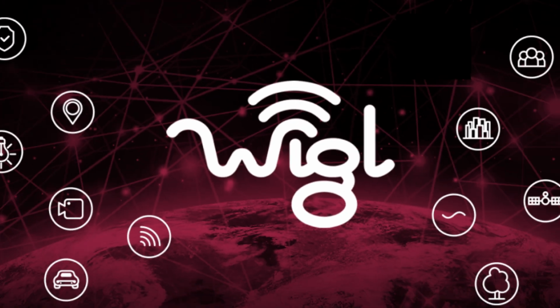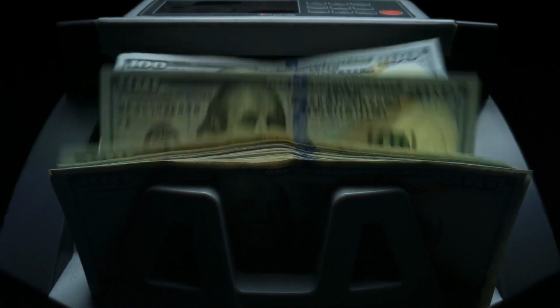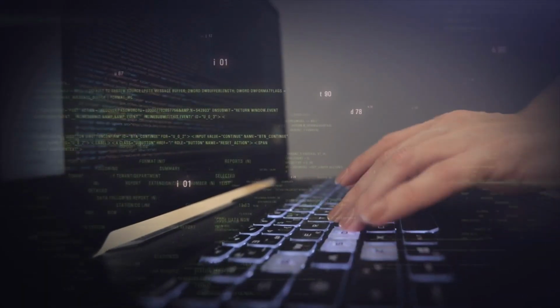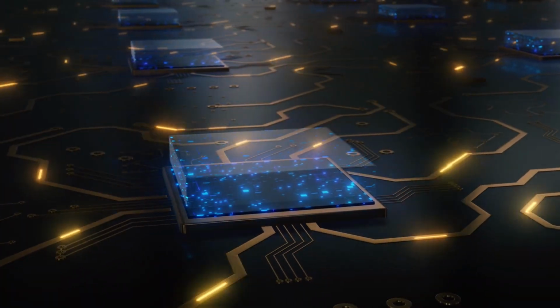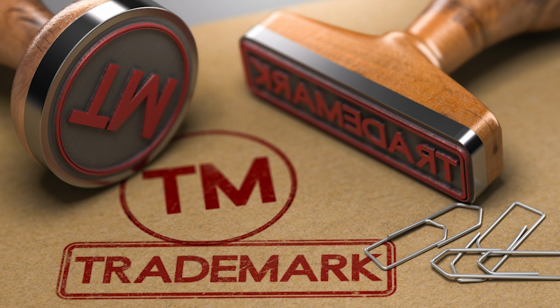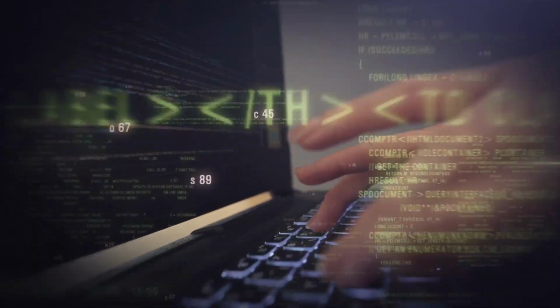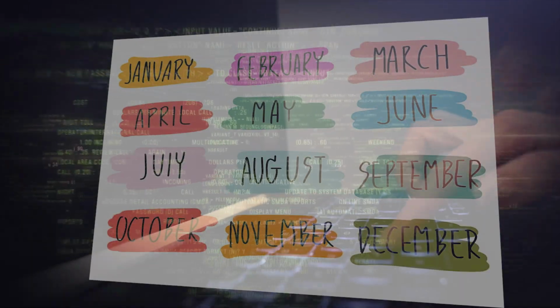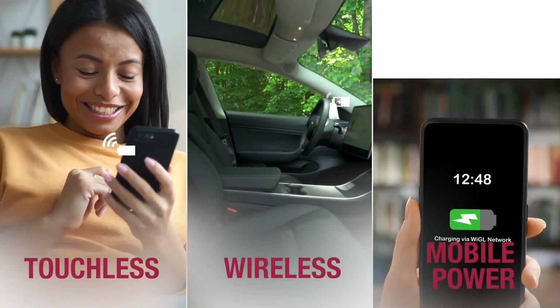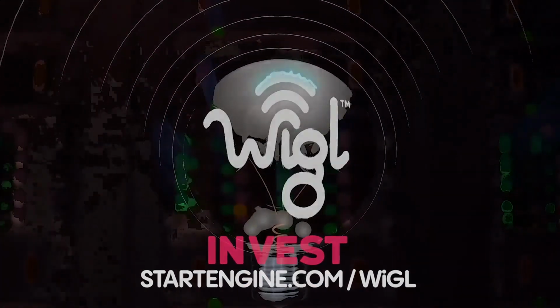government applications of WiGL. WiGL plans to generate revenue through several pillars, including software and subscription fees, hardware licenses, direct equipment sales, and trademark licensing. The software subscription fees range from $6.99 to $29.99 per month. And WiGL will earn 10 to 20% of the transaction fees of the software subscription from service